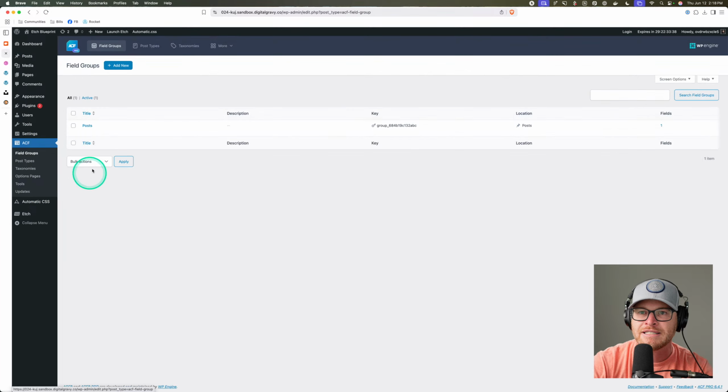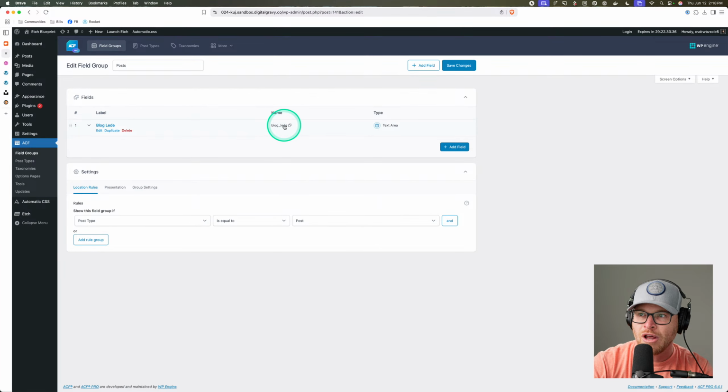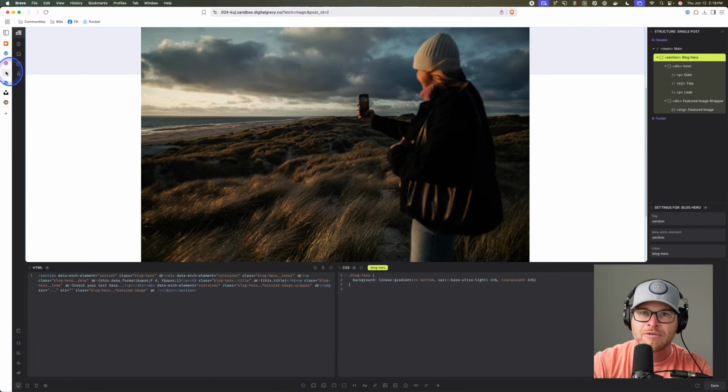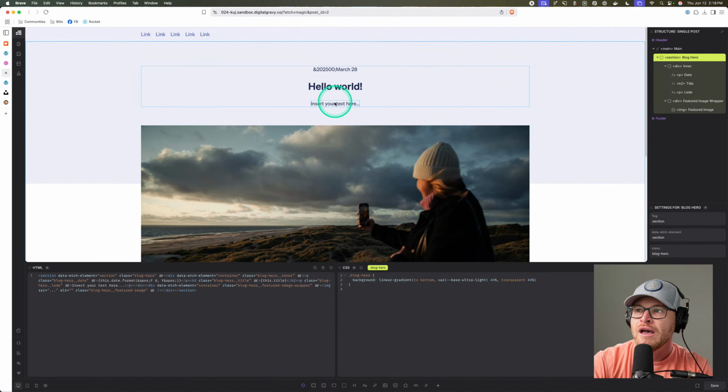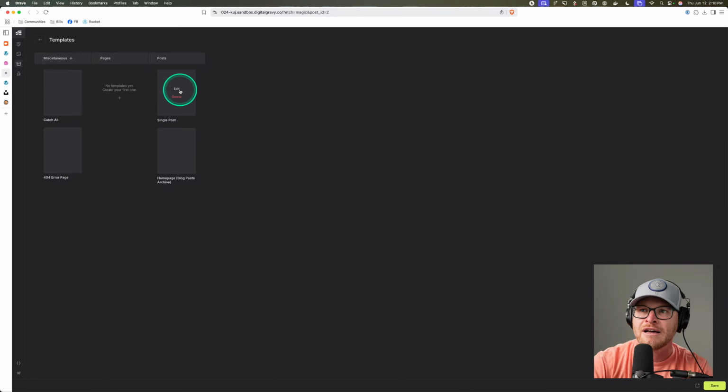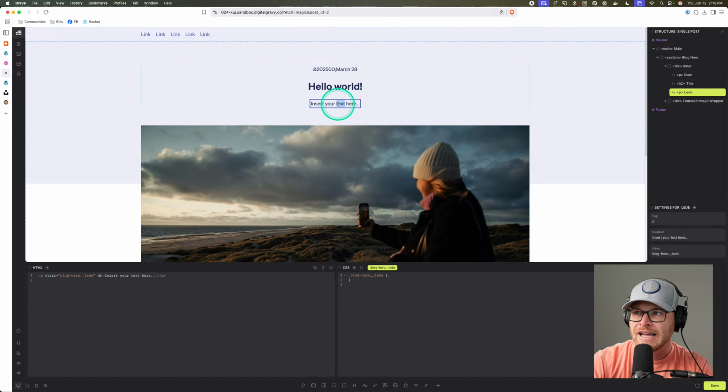Okay, let's go back to ACF in our posts, blog lead. Okay, I'm gonna copy that to my clipboard. They even give you a little copy. Now, you'll be able to do this automatically with point and click, okay? But right now, you just gotta do it manually. But what I'm gonna do is refresh my builder so that it actually has the data access,